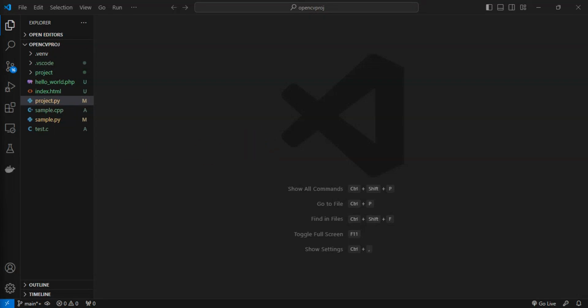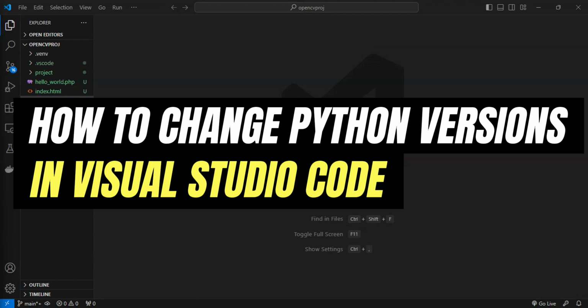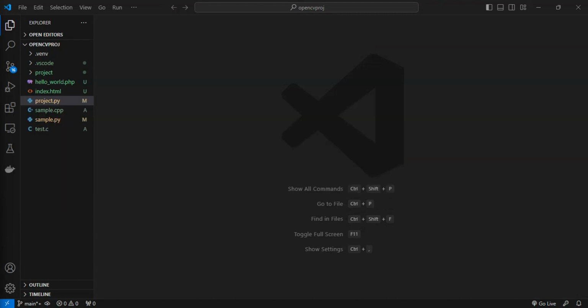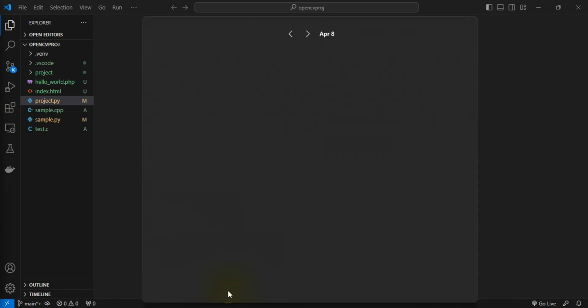In today's video, we'll learn how to change Python versions in Visual Studio Code. So if you have recently installed a Python version or another Python version on your device, then you're on to the right guide. So the first thing that you need to do is install that Python version